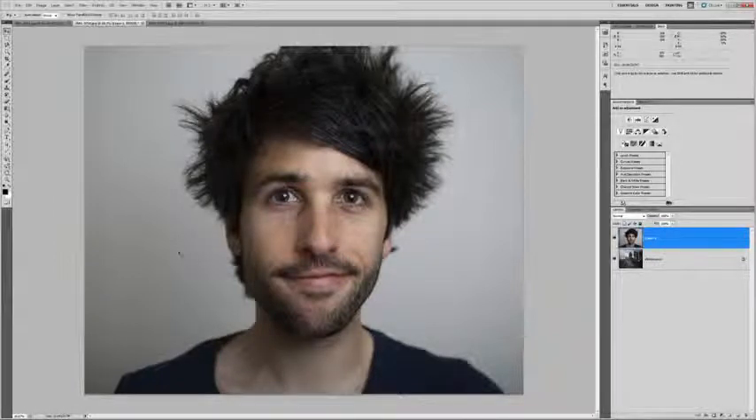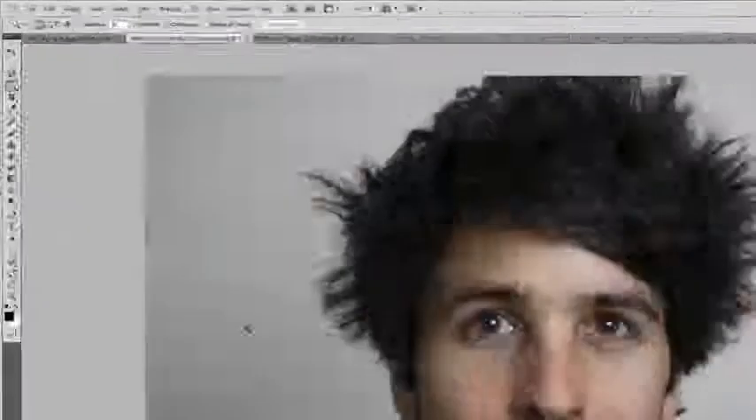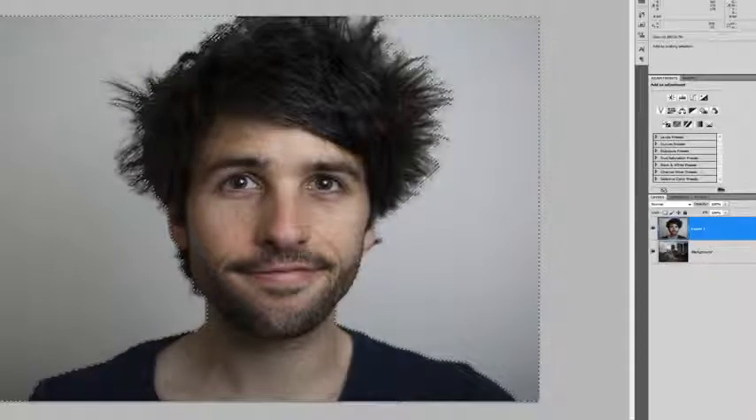Okay, so first what we're going to do is select the area around my head so we can delete the background. By this I mean just the wall really behind me. So I'm going to go to the magic wand tool, and by holding the shift key it'll allow me to combine my selection. Cool. I'm pretty happy with it, but because I've got